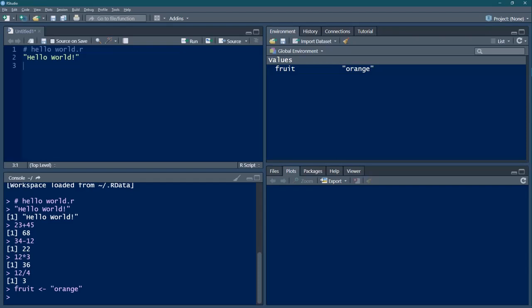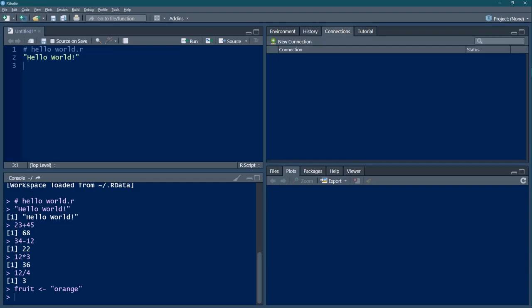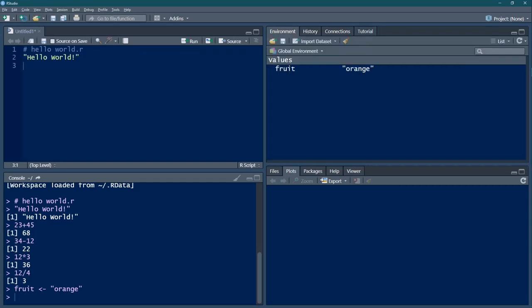The right pane on the top has 4 tabs. In the environment tab, we see the objects we create while executing the commands. We can see the fruit object there. The history tab stores all commands executed in the current session. We can see all statements executed in the console. The connection tab shows the connections we have established with other data sources. The tutorial tab is a new addition in RStudio which provides a lot of useful material for learning R and exploiting the features of RStudio. RStudio also features code completion and live help for function coding. This is available both in the editor as well as in the console.